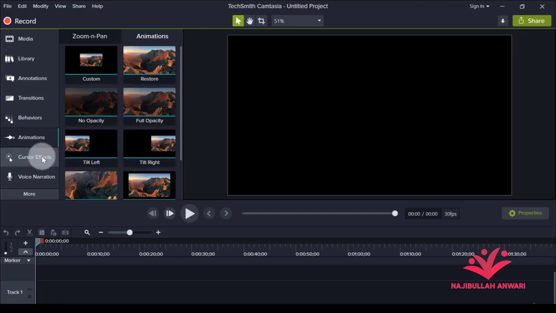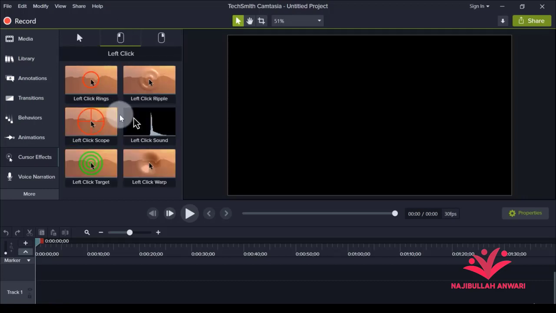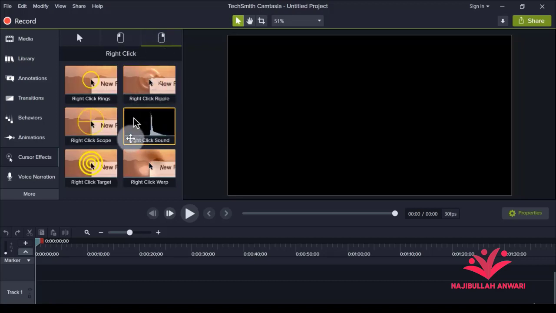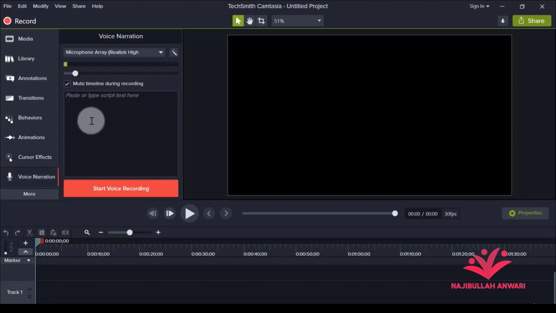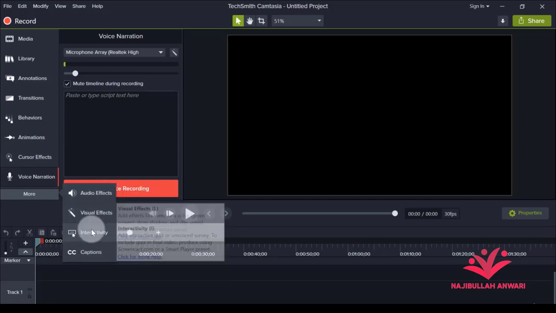We'll talk about this. After that here you will see cursor effects, and if you want to add any effect to a left click or right click, just click on this and then select the effect. Okay, whenever you click on left it will do this, and for right it will do all of this effect. Okay, we'll talk about this also. And if you want to add voice narration, just click on this, or you can also start voice recording. And if you click on more, you will come across more options like audio effects, visual effects, interactivity